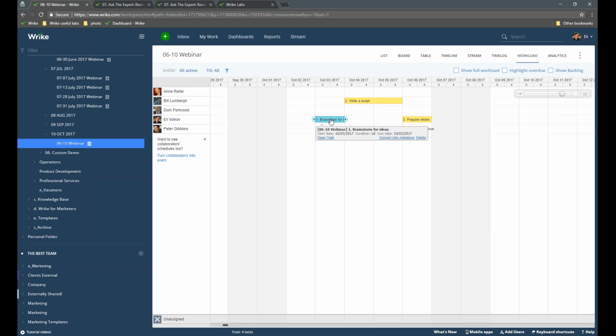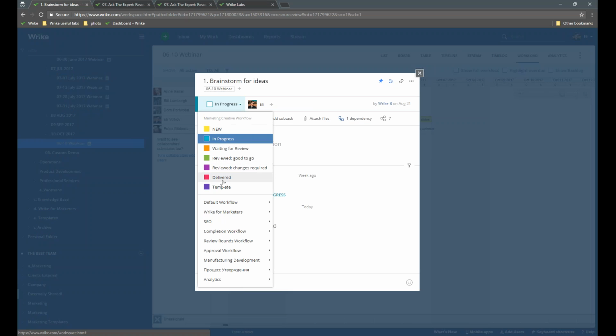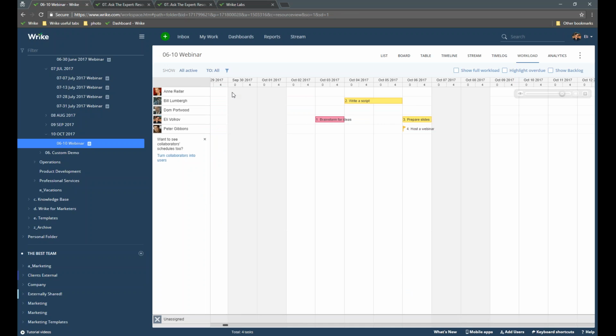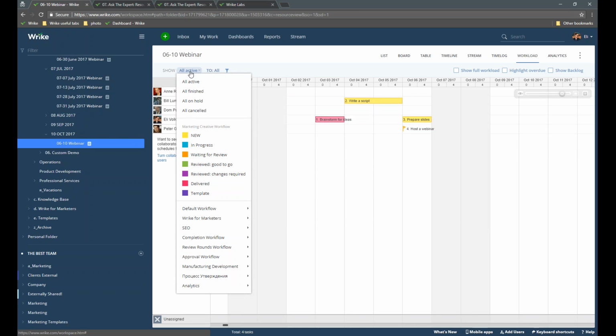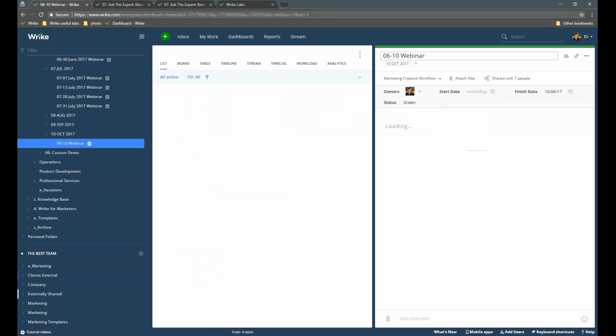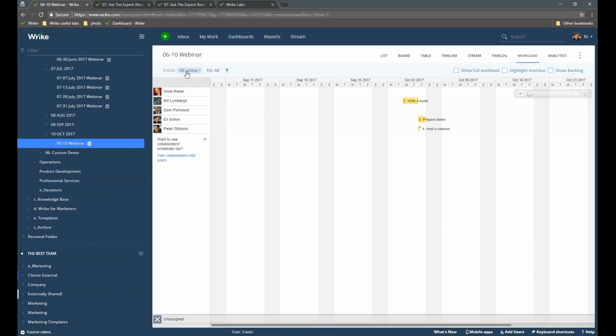Now, I can also use a different filter to show all of the active tasks. For instance, if I take this task, brainstorming for ideas, and make it completed, which in my case is a delivered status that I have created, and then I change my filter property for the status to show me all active tasks. Okay, let's refresh it. Okay, now that I have the all active filter enabled, my completed task has disappeared from the